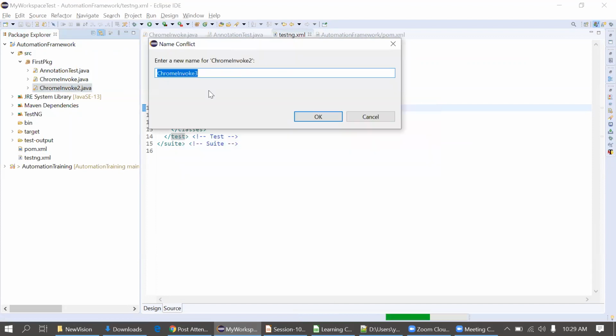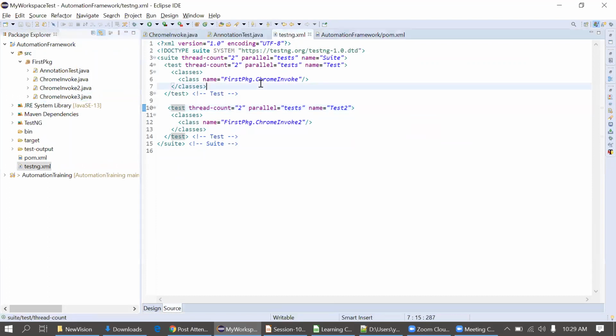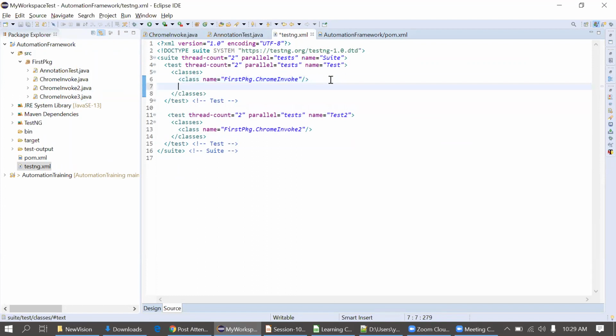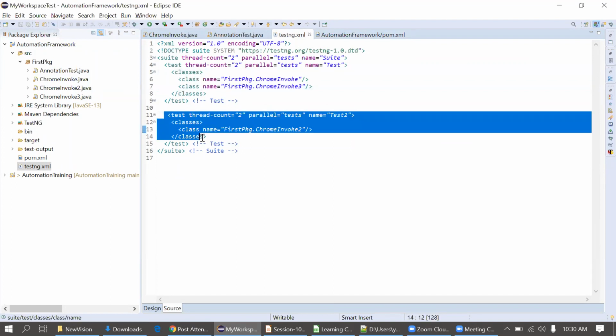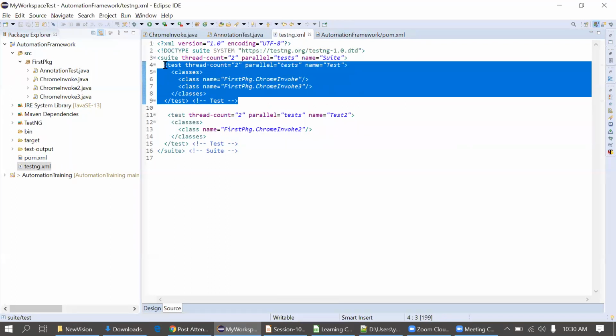I am creating one more class now, Chrome invoke 3. Suppose I want to include a class here in at least one test. So I will just create it like this. Now this will differentiate this test and this test. Suppose I am executing this parallelly. This will execute on a separate thread and this will execute on a separate thread. Okay, it will execute parallelly, but on separate threads only. Yes, separate threads only. Okay, thank you.